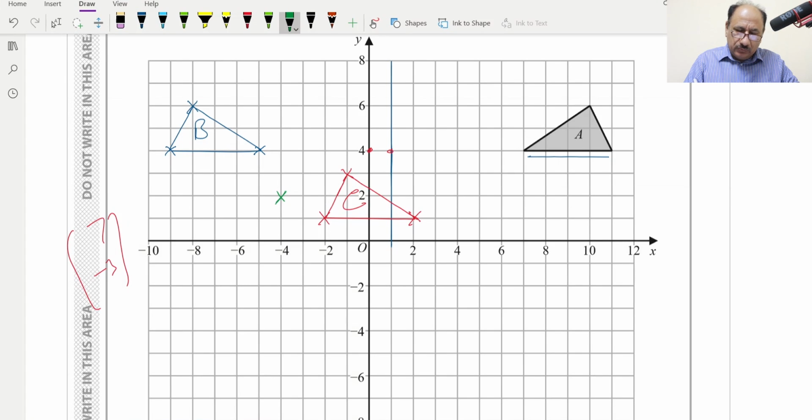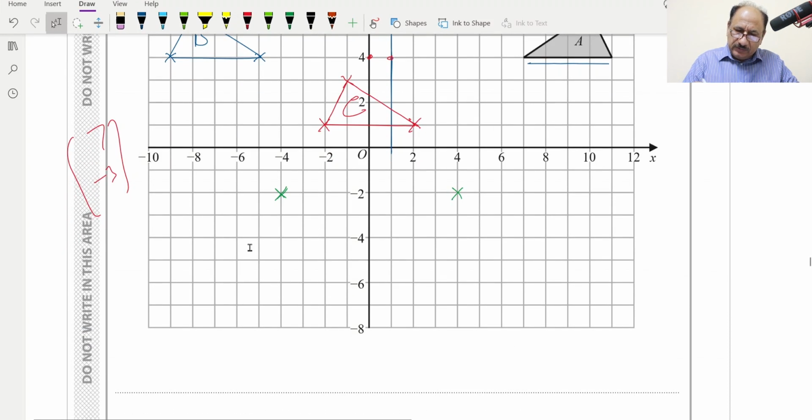Minus 4 and minus 2 will be down over here, and 4 and minus 2 will be this one, and then it is minus 2 and minus 6, so minus 2 and minus 6 will be this. So we can now draw the triangle, like for example over here, and this will be